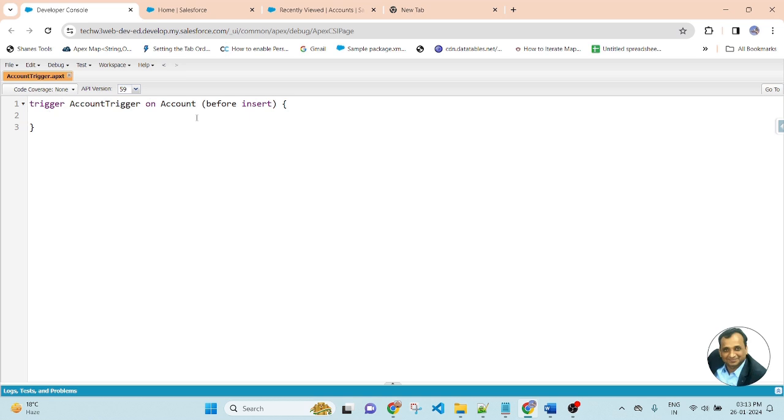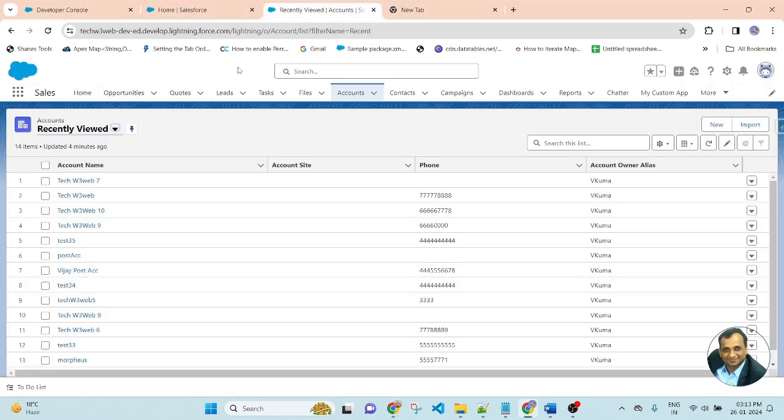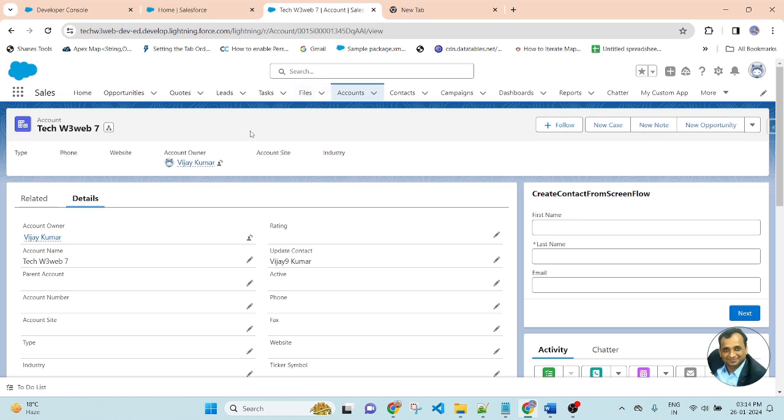Before writing the business logic of the trigger, let me explain the scenario. Go to the account tab. This is the account object, because I am writing this trigger on the account object. As per the scenario, before deleting the account record, we will check the list of related opportunities. If any of the related opportunity stages is closed won, then we do not allow deleting the account record. Let me open the first record, Take W3 Way 7. There is a down arrow button. Click here and you will get delete. Whenever you click the delete button, this record will be deleted from the system.